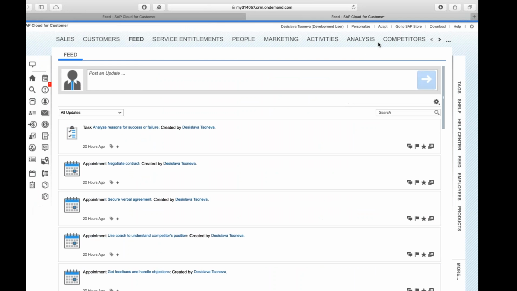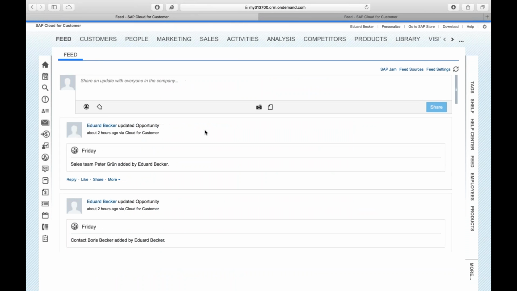Okay, before we proceed with the Q&A session, I would like to quickly show you what Cloud for Customer looks like and how easy it is to work with it. I have logged in to a Cloud for Customer system using a sales representative user. Basically, that's my feed. That's the place where I can see all the interactions with my sales team, all the things which were done with my sales team. If I want, I can easily create, for example, a new sales quote.